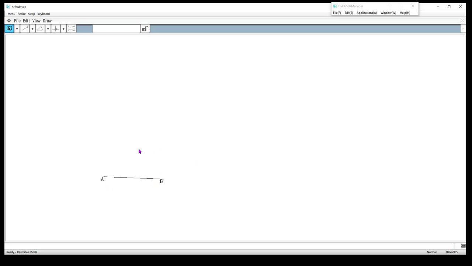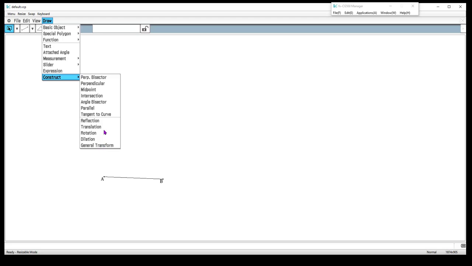So now I want to have one perpendicular at either vertex. It doesn't really matter which one I choose, so I'm just going to choose B. So I want to construct. Constructions are here in this menu, right? Or again, if I go to draw, I can go down to the construct menu, and here's all the things that you can construct. So I am wanting to construct a perpendicular to guarantee a right angle at all times.